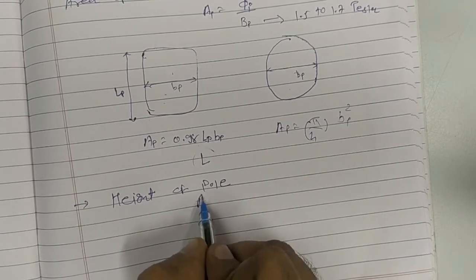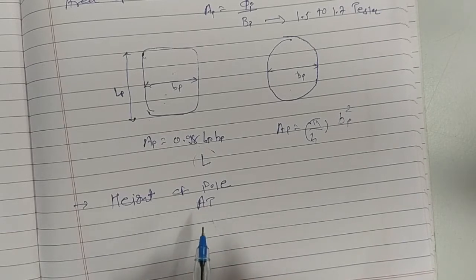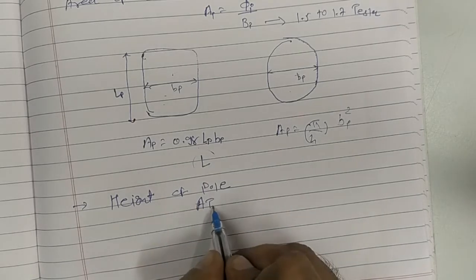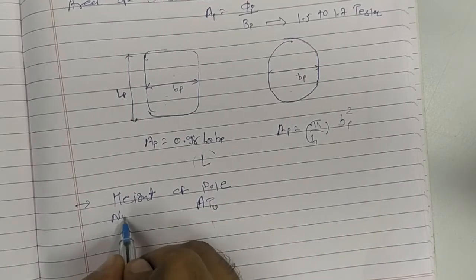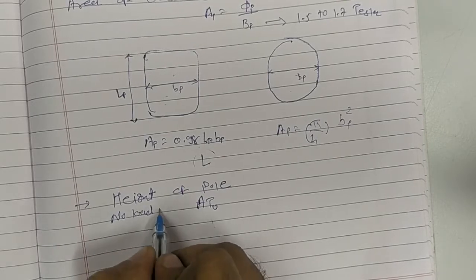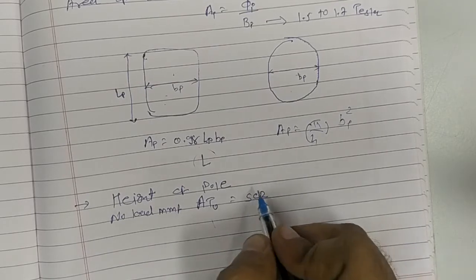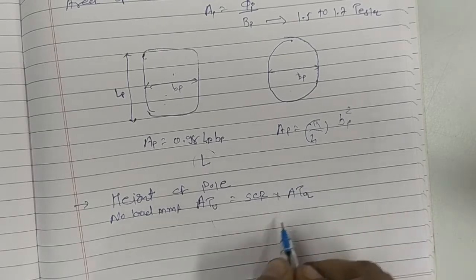So how to calculate or how to see the MMF at no load, full load, at normal value of the voltage, that we are going to discuss later. That is a very simple method, just from the open circuit characteristic curve that you have seen before. From that only we can estimate this. So let us say no load MMF is given by short circuit ratio, you know that, into 1 upon reactance into ampere turn of the armature.